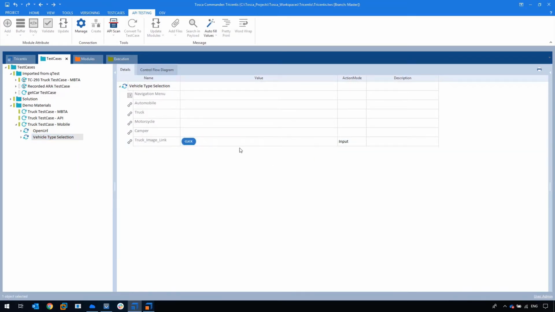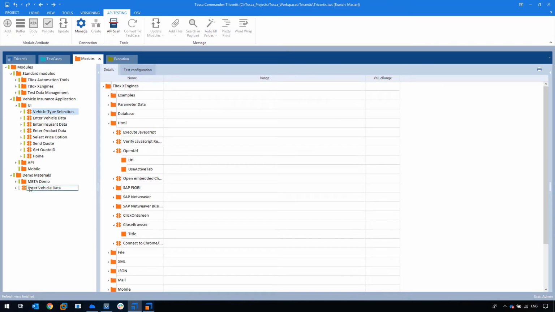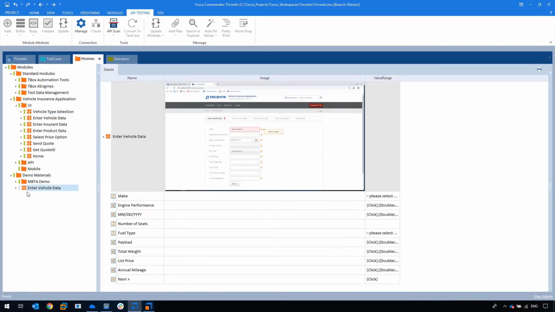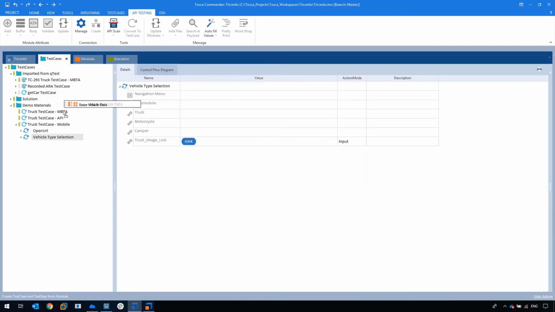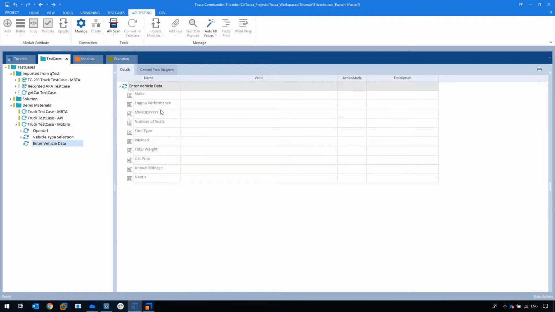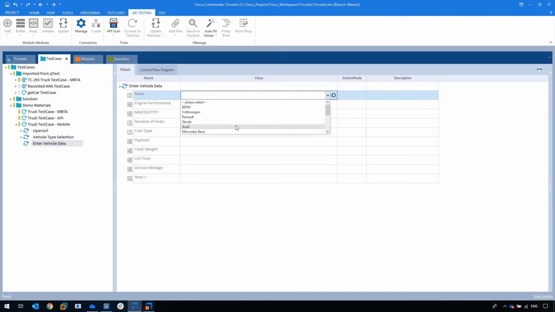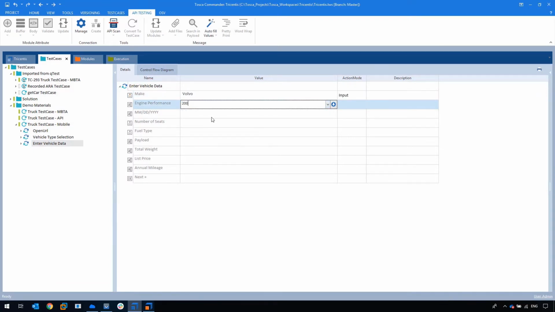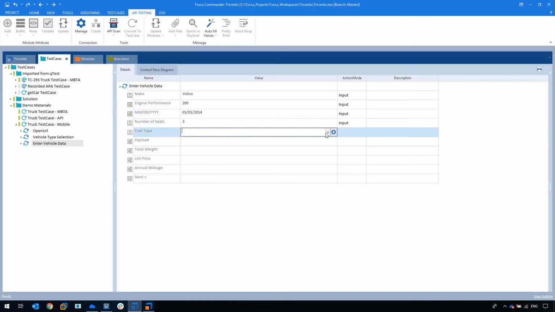We used that in our original automated test case, or the one that we scanned, such as the enter vehicle data. So by putting that in, now I can go into there and fill in the relevant values. We've seen this a couple of times already, like the make, Volvo, engine performance is 200, date of manufacture, and so on and so forth. Once this is done, once I've filled this out, I will execute it, and you will